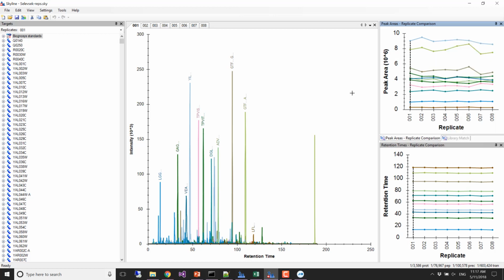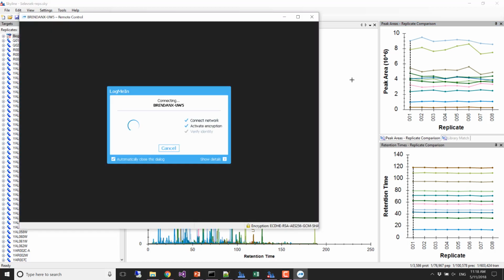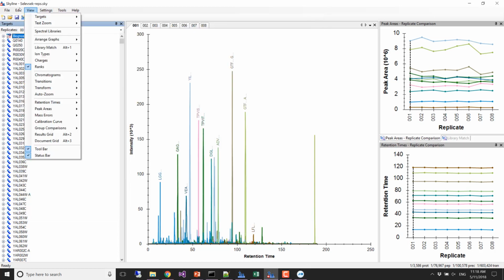Who has an idea of how closely these were acquired to each other? That would be a nice thing to know, right? I want to ask the question: do you think these 8 replicates are going to catch degradation? If there is degradation among my peptides, and I have a CV cutoff, what I'd love to have happen is all my degrading peptides would go away, right? So let's answer that question by going to View,